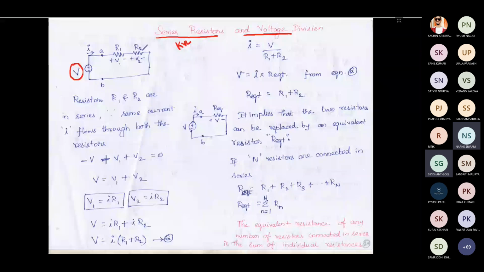Here you are having two resistors. These two resistors are connected in series. Why I am saying these two resistors are connected in series is, if some current is entering this terminal of resistor R1, the same current, not the same amount of current, the same current, is going to flow through both the resistors. The current is not going to divide and the current magnitude is also the same. Since the same current is going to flow through both resistors, one is R1 and the other is R2, I can say these two resistors are connected in series.